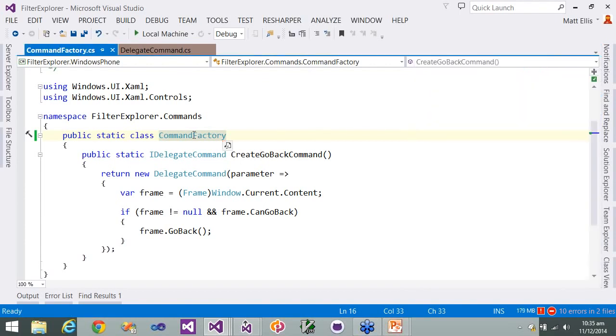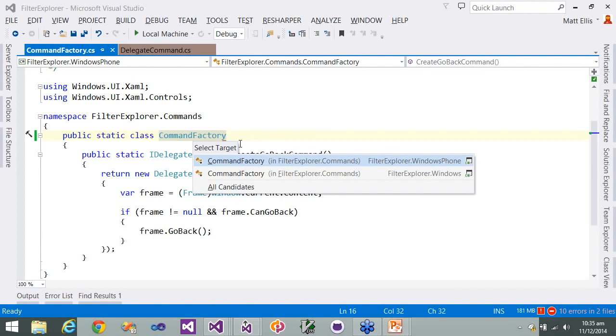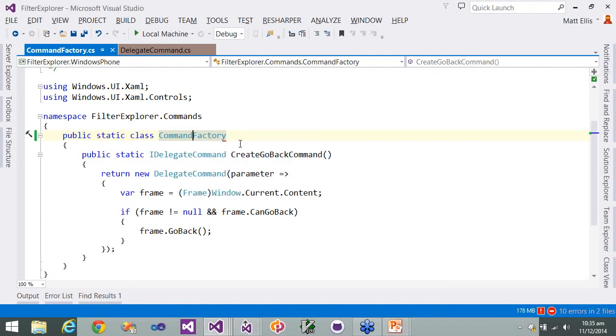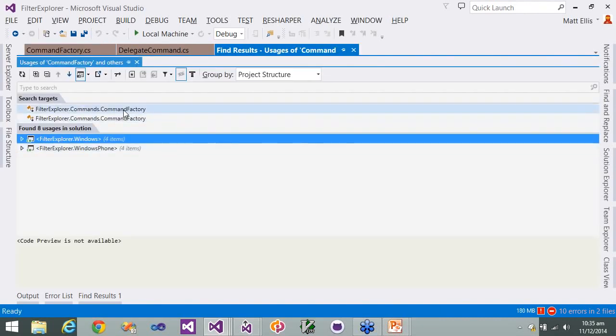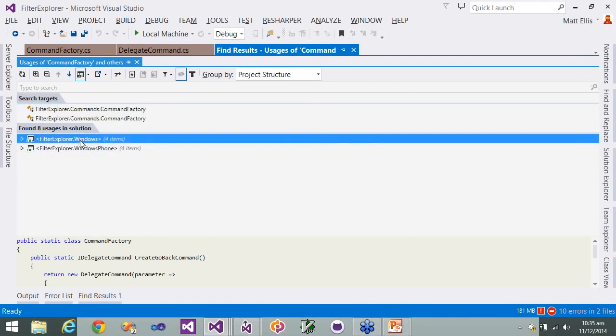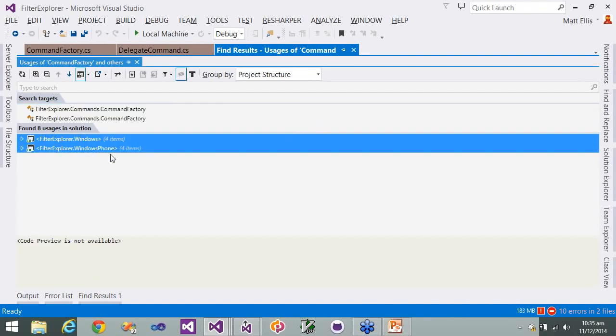If we have a look in the command factory class and invoke find usages on that, ReSharper now allows you to decide whether you want find usages for just the usages in Filter Explorer Windows Phone, or in Filter Explorer Windows, or in all. And if I choose all, we can see that there's two search targets at the top, and I get to see everything in the Windows Phone